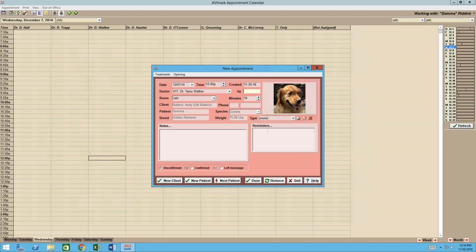Now, again, once you guys log into AVImark with passwords, which you will eventually, this here will